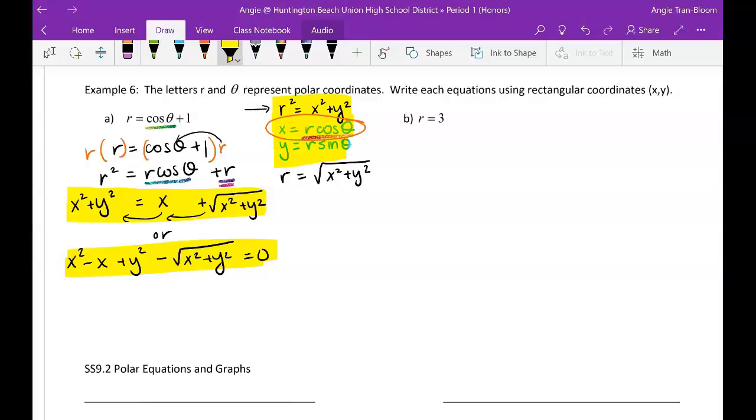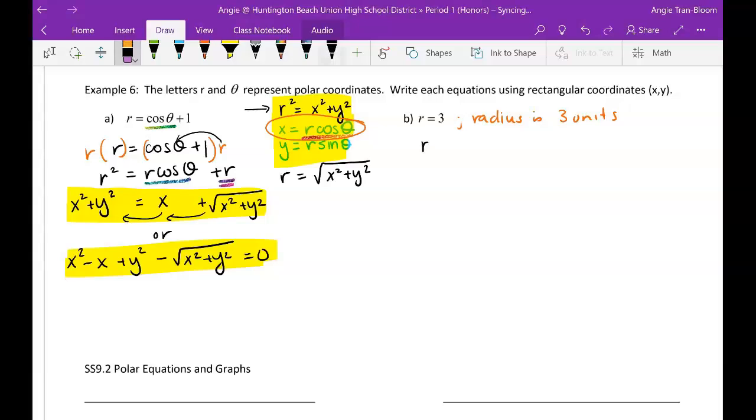All right, next. r equals 3, okay? Now r is radius, right? So this is really saying radius is 3 units, right? With no angle given. Sometimes in polar coordinates they don't need to give you an angle, and sometimes they give you an angle without the radius. So I want you to think for a second, okay? What shape has a radius of 3 units all around? Well, as you're thinking that out, I'm going to work this out manually. So they gave you r